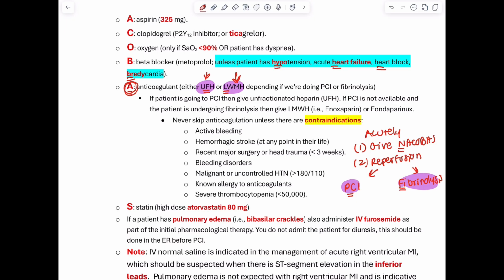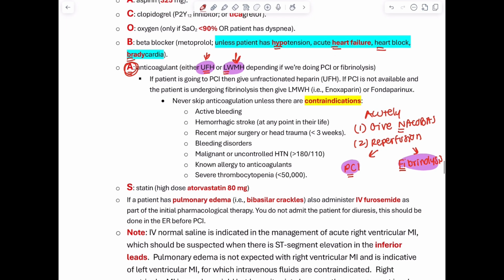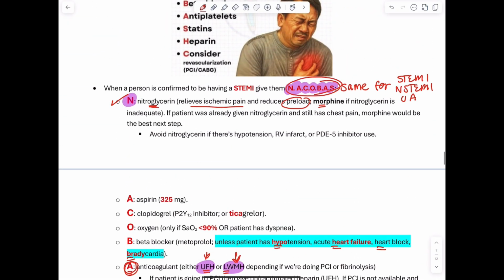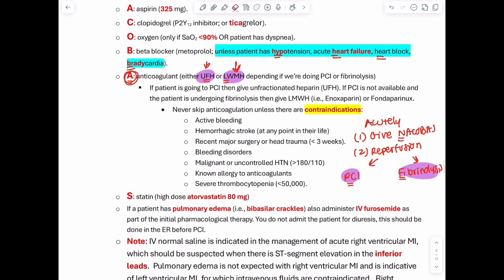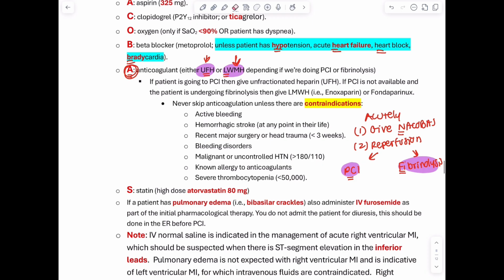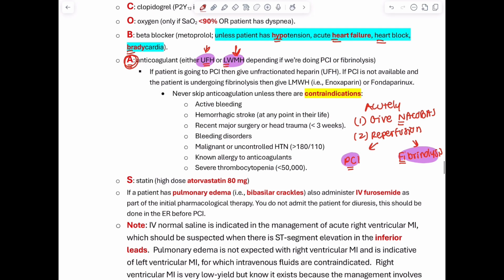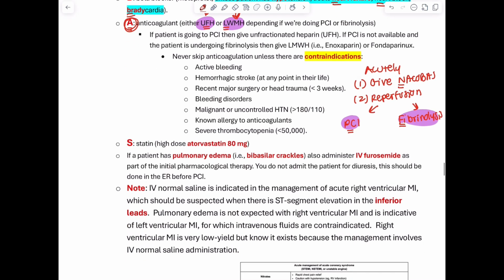So again, we're doing acute medication. You give this NACOBS or MONABASH, whichever you want to use. After you give all of these, you're going to do reperfusion, and there's two ways to reperfuse, PCI or fibrinolysis. Our main goal is to do a PCI, okay? But sometimes we do fibrinolysis, okay? We're going to go over why we do that sometimes. But let's move on. We did the NACOBS, and then we do S, a statin, you give a high dose,